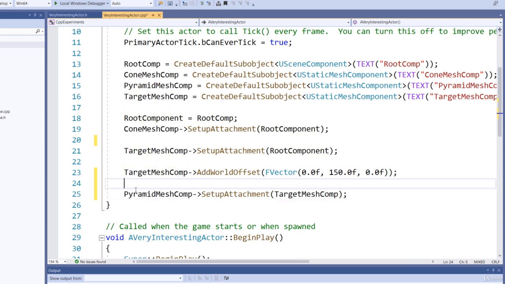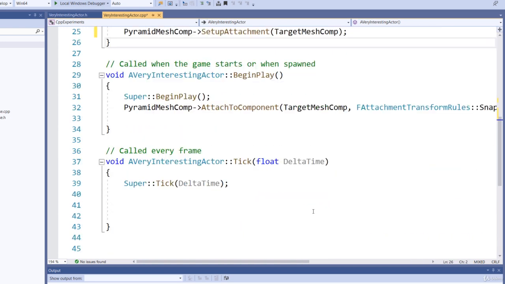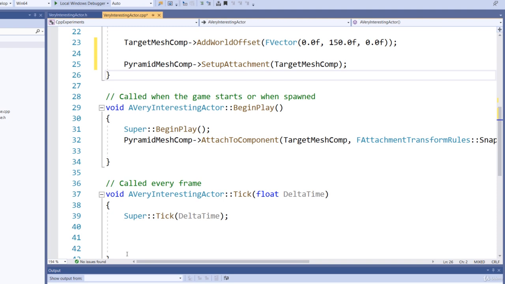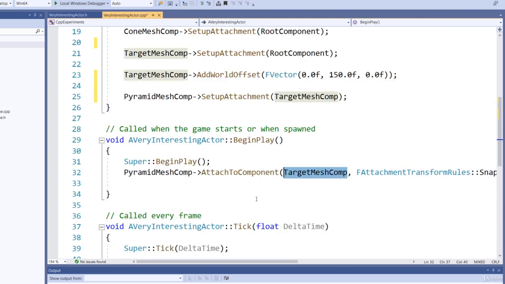So that should mean that as soon as we have that actor spawned, since this is in the constructor, this will be attached to the target mesh component, or in other words, the permanent mesh component will be a child of the target mesh component. Then I'll scroll down here to the begin play. What we'll do is we'll attach this to